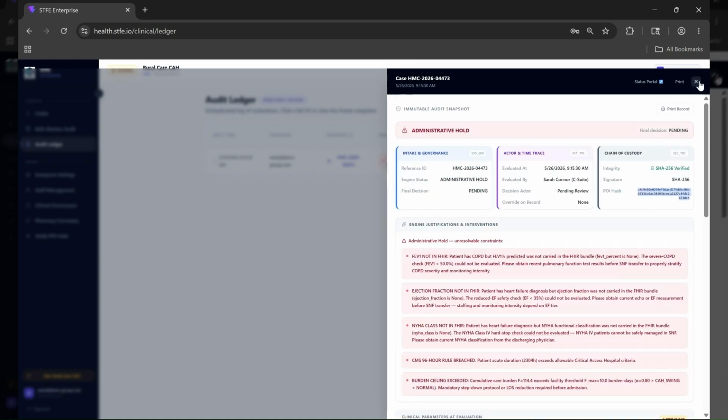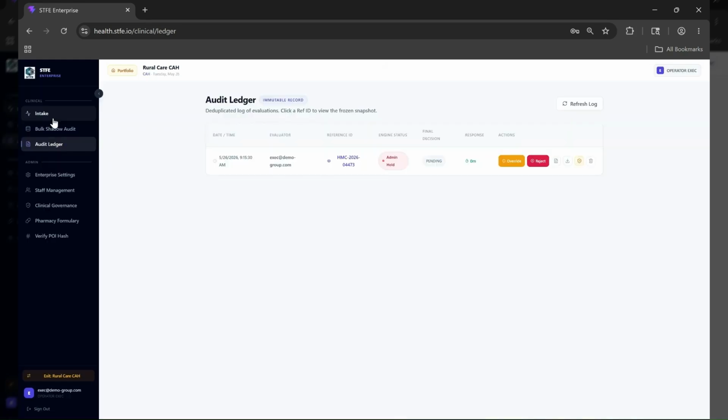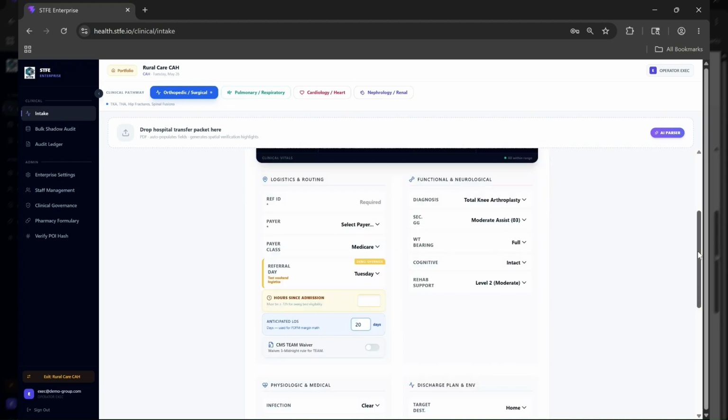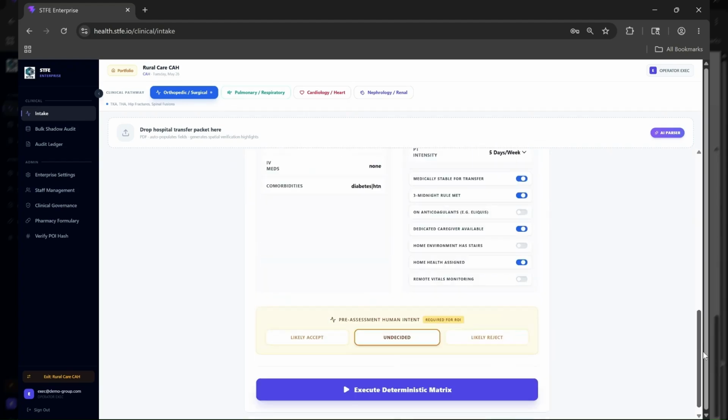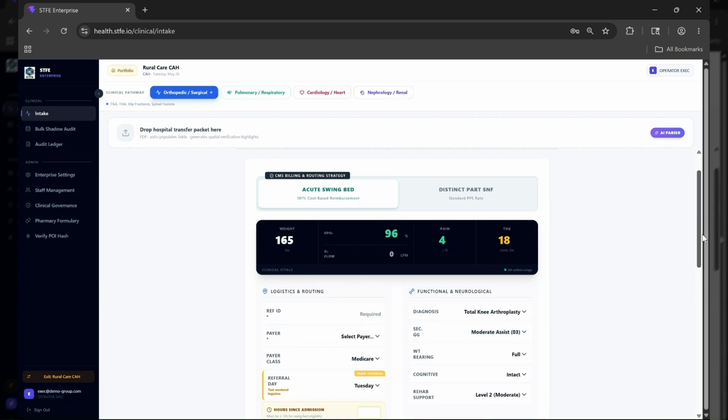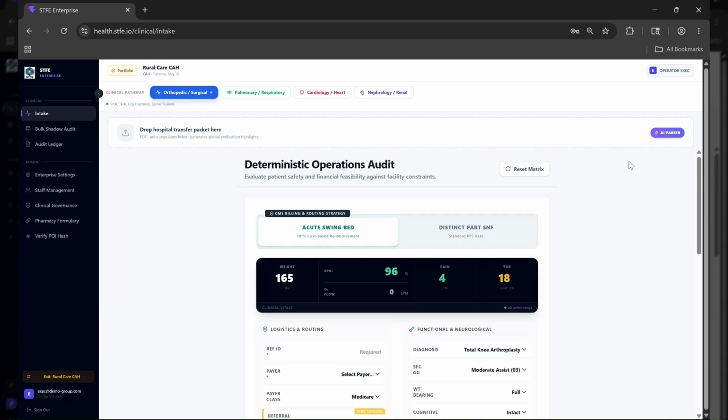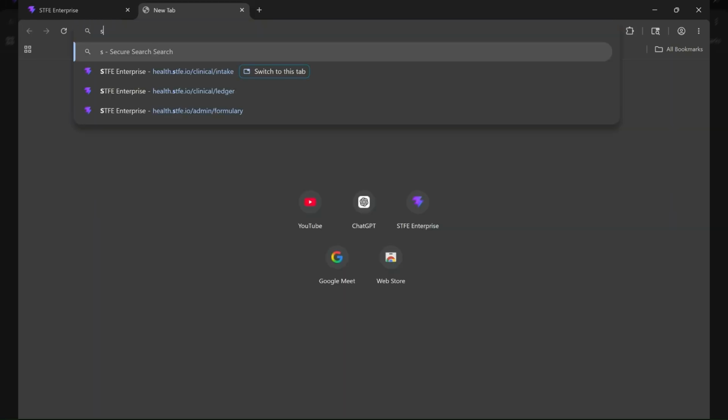So this is how a PDF extraction would work with intake. And if there is no PDF, the intake nurse can also manually update the information. If they receive the data from a phone call, they can update this information in the UI fields and take an execution. And next thing, it also works with the smart